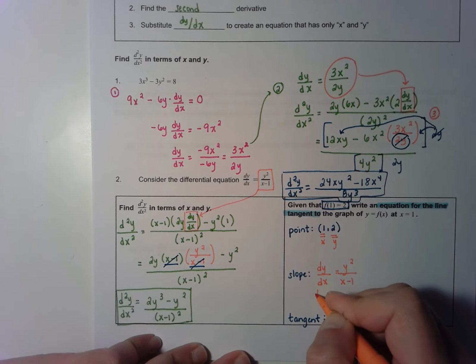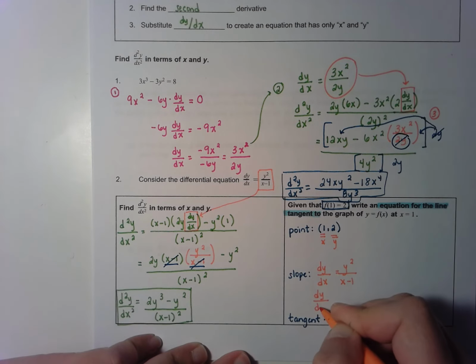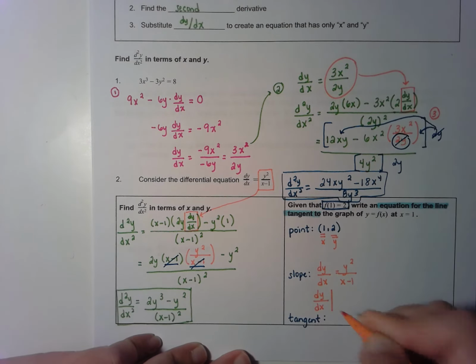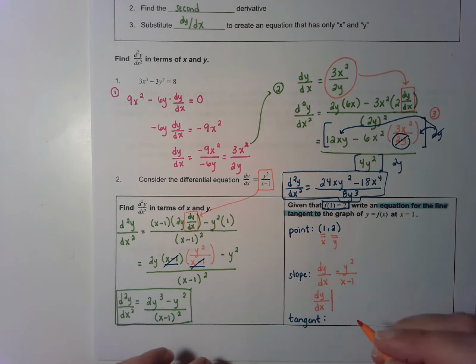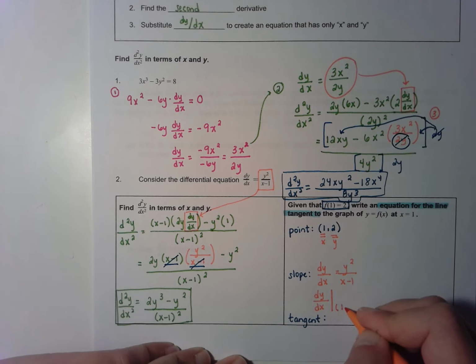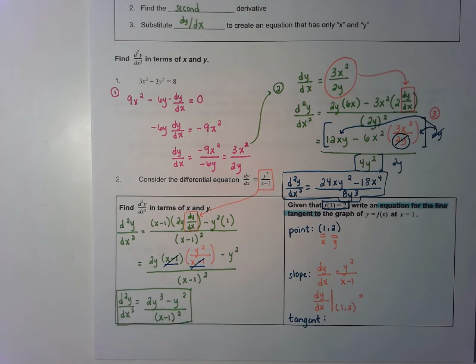So I'm going to substitute those in. And here's how I show that I'm substituting those in. If you draw this vertical line in mathematics, it means evaluated at. And then you just put the numbers you're plugging in at the bottom, 1 comma 2. Again, notation is really important, so please make sure that this is something that you continue to do to show